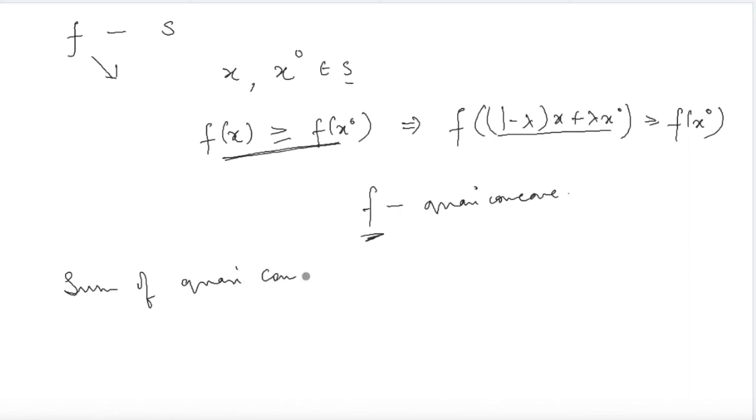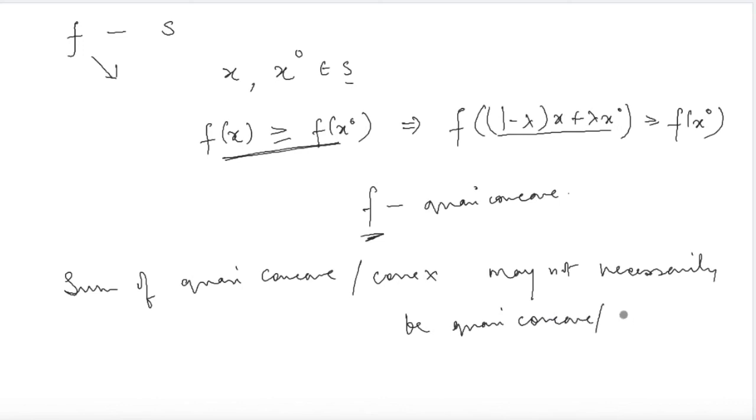quasi-convex functions will be quasi-concave or quasi-convex, as opposed to the case of concave and convex functions. In concave and convex functions, हमने बोला था कि if you add two concave functions, then the resultant will also be a concave function. ये same चीज़ हम quasi-concave function के लिए नहीं बोल सकते कि अगर आप कोई दो quasi-convex या quasi-concave function को add करो, then they may not necessarily be quasi-concave or quasi-convex. The resultant may or may not be quasi-concave. So you have to be very, very careful when you are adding two quasi-concave or quasi-convex functions.